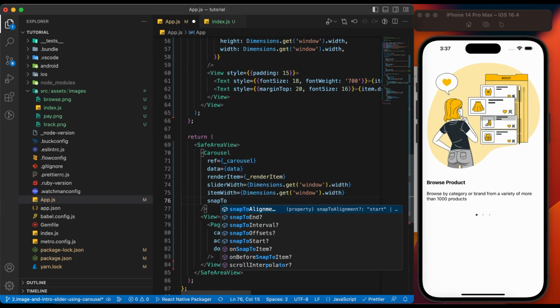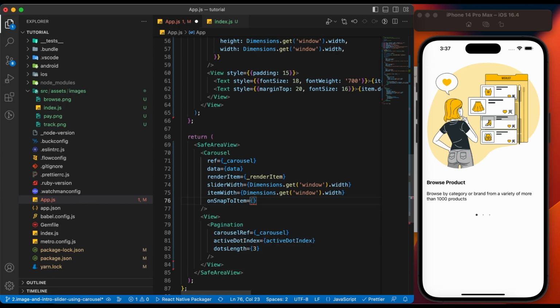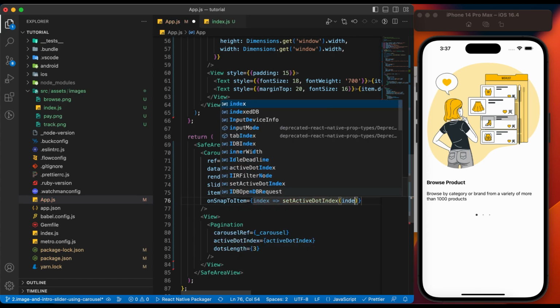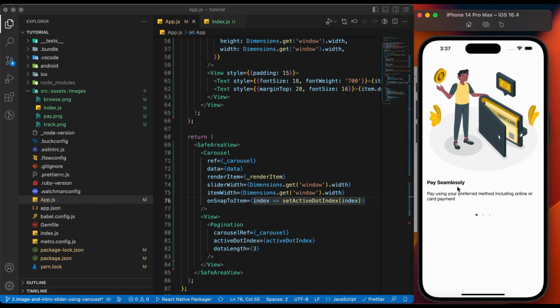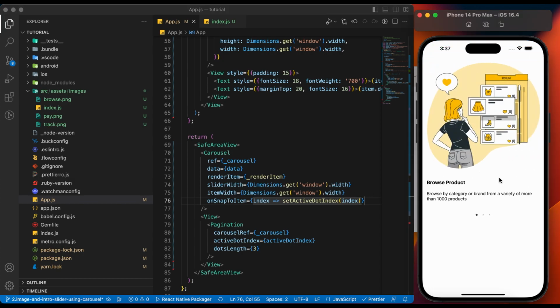Also, we need to add the onSnapToItem callback to update the active index state. Here we go.